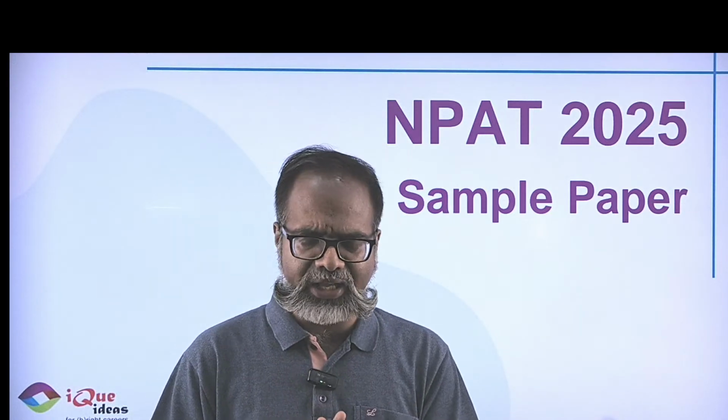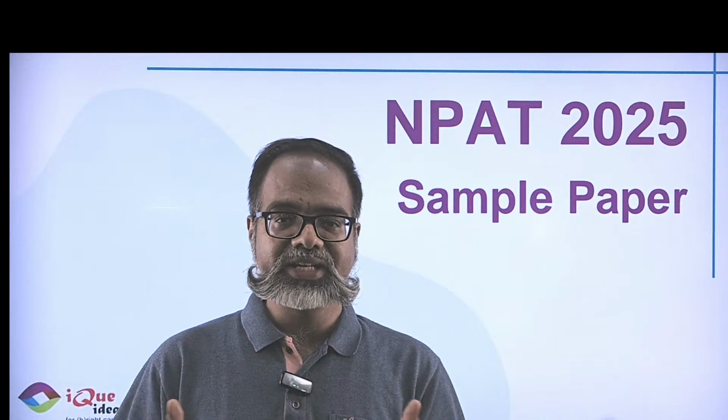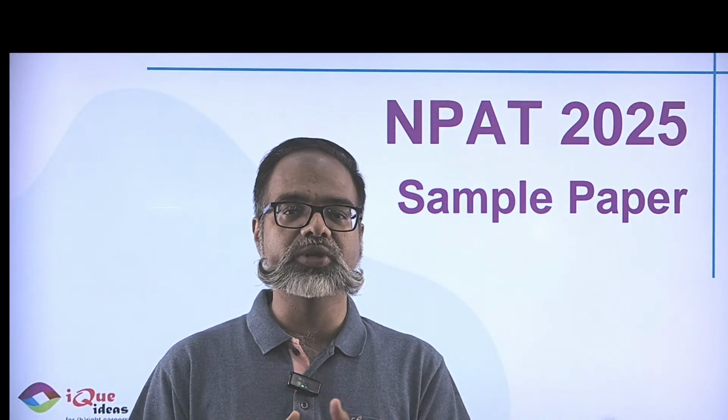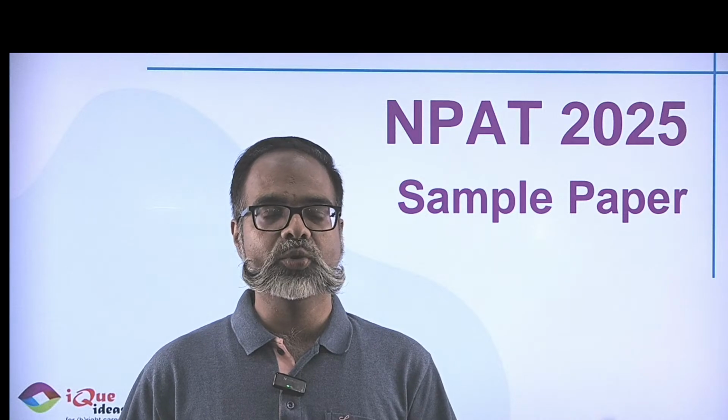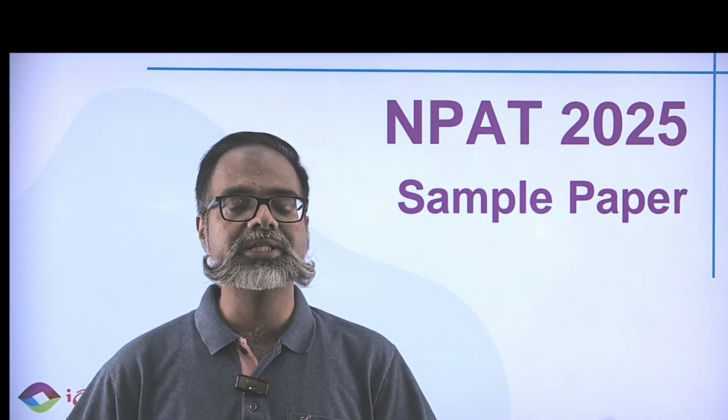I think there are 20 questions if I'm not mistaken. Let's see how it goes. I'll try to solve all of them. And of course, the reasoning and the English sample sections are also given in the same paper. But the best part is that they've also provided an answer key at the very beginning of that PDF. So even if you're just solving it on your own and you want to cross-check the answers, the answer key is right there, but of course not the solutions.